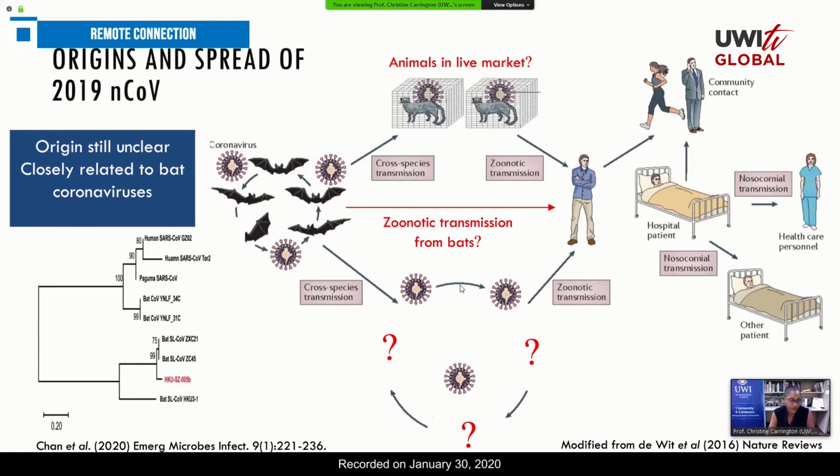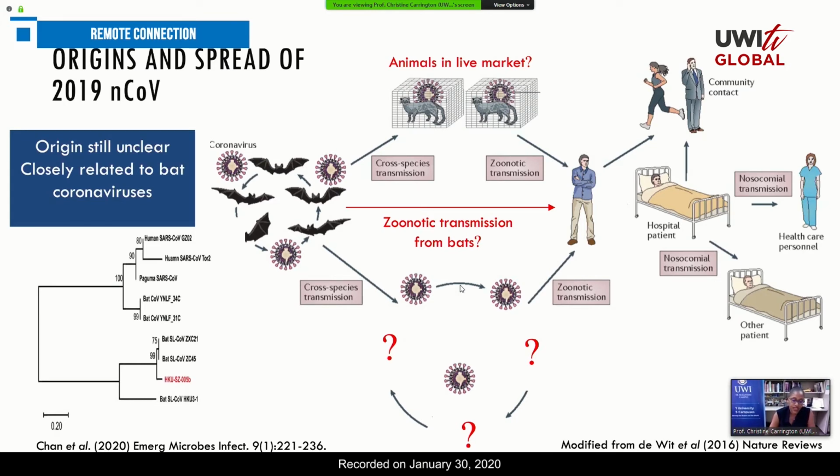So what about our new virus, the 2019 novel coronavirus? As I said, the origin of this virus is still unclear. However, analysis of the virus's genetic material, which is illustrated here by this sort of family tree of viruses, indicates that this is one of the novel coronaviruses here. You can see that it's closely related to other bat viruses, and you can see SARS is also nearby. So given the relationship, it is likely that like SARS, it originated in bats, but this remains to be confirmed.